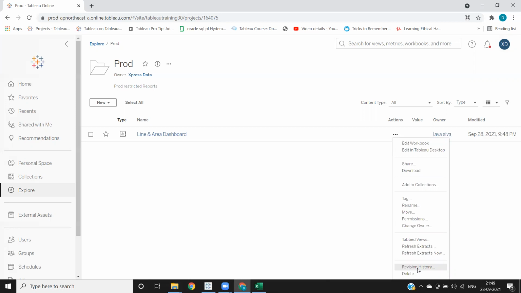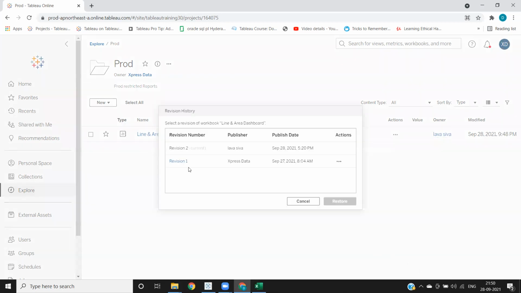Next month we might get another ticket on the same report asking us to change something again, so we will publish again. If you want to check the revision history, here it is, which will show what changes were made, how many times it was published, and when it was first published. All the revision history is available here.